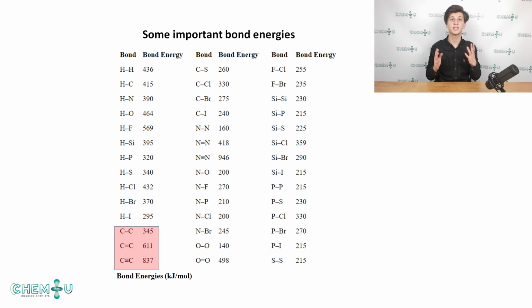Lastly, let's look at some important bonds in organic chemistry and their energies. The energy of a typical CC single bond is 345 kJ per mole. The energies of double and triple CC bonds are much higher, namely 611 and 837 kJ per mole respectively. It means that every additional pair of shared electrons makes the overall attraction stronger and thus harder to break. While dealing with alkenes and alkynes in greater detail, you will see that bond energies correlate also with the bond length. And how the covalent bond length is defined is discussed in our next video, so stay tuned and don't miss any of our upcoming videos.